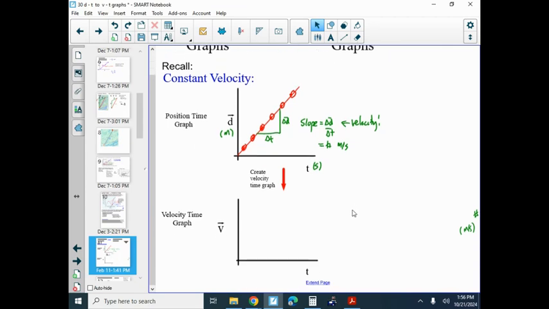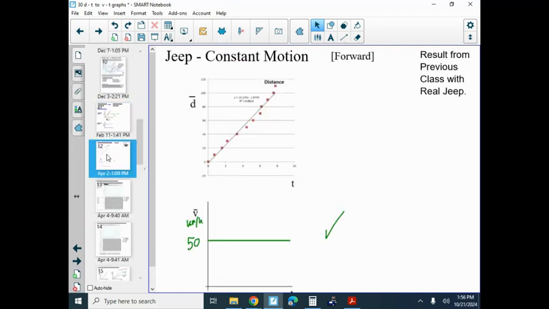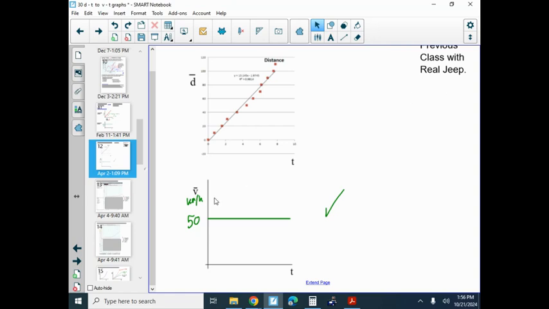And so just remember here too, we talked about constant velocity dt graphs and the corresponding vt graphs. So both of those should represent constant velocity easily when you're looking at it. From a previous version of the class, when we did it in person, we ended up with 50 kilometers per